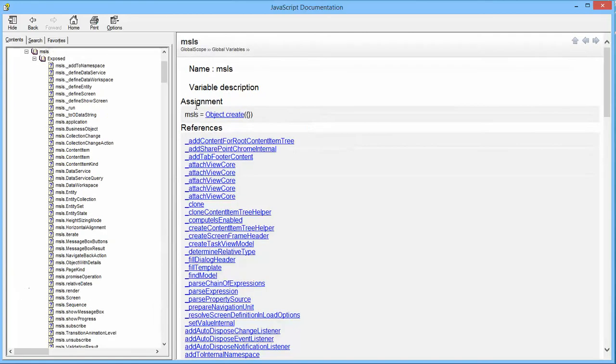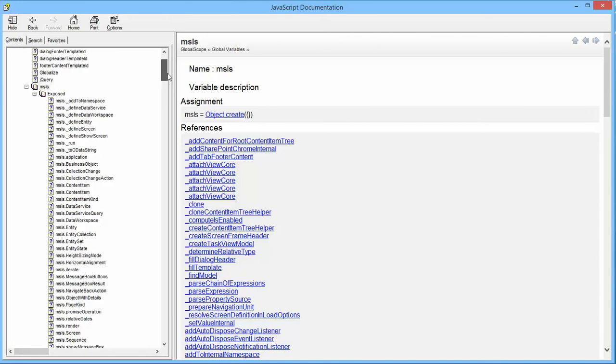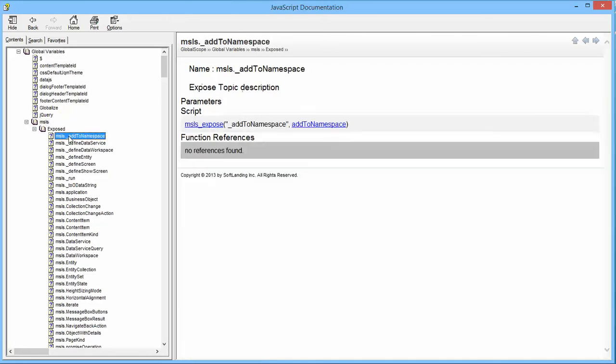MSLS, the variable, is created at the very start of the application. And so basically what MSLS underscore expose is doing is making these internal functions available to external script and/or internal usage within the script itself,